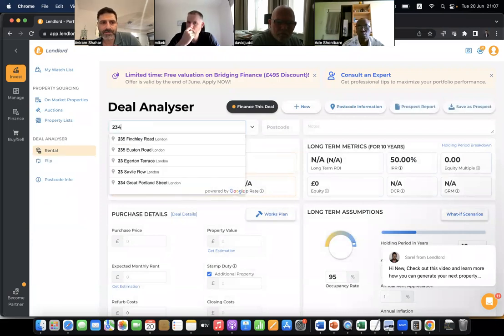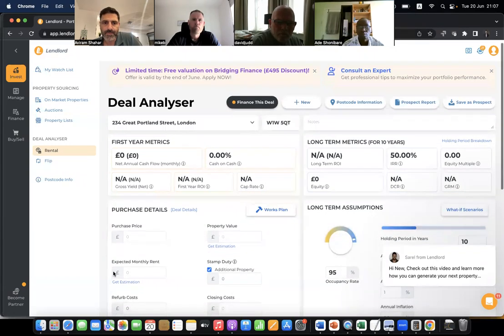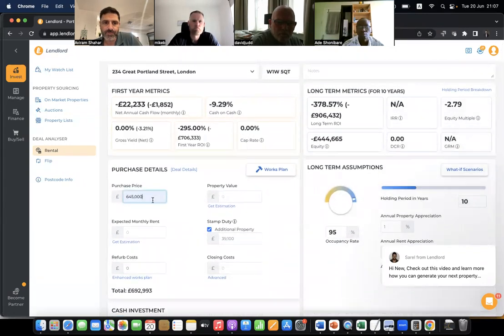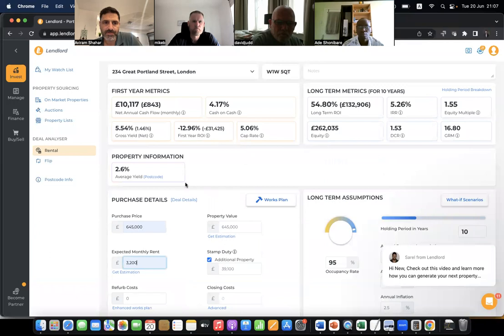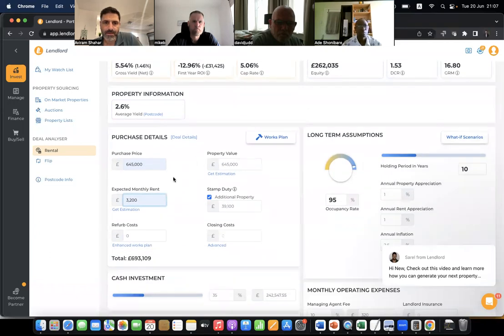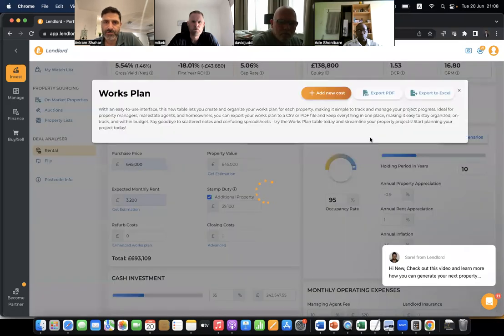You start by typing the address. Then you need to put the purchase price and the expected monthly rent. In the purchase details section, the platform expects you to put the refurb costs. Even if it's a purchase where the property is habitable and you're going to put a tenant inside, it's perhaps less relevant. But let's say you need to do some improvement to the property, and I think it's even more important on the flip analyzer, then you can use our works plan feature